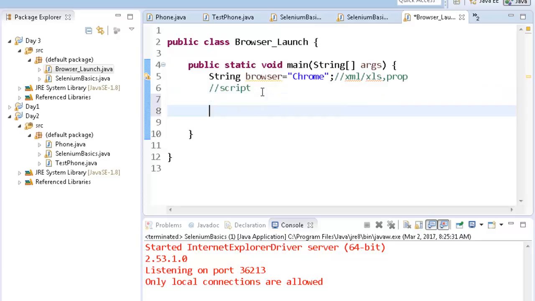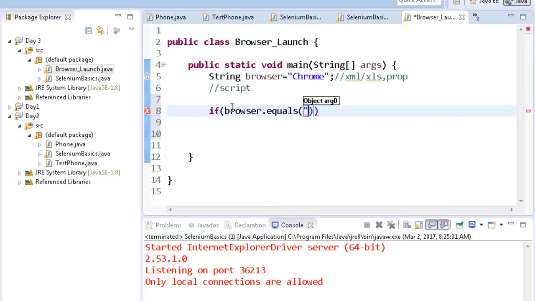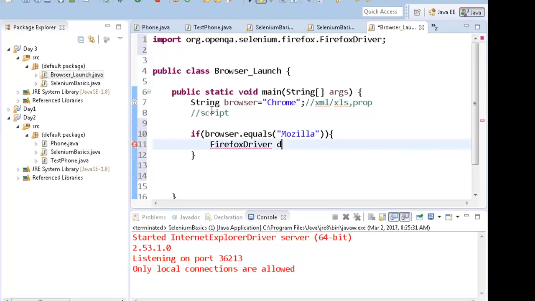Okay, so a general logic says that I can use if statement, right? I can write over here that if the browser is equal to Mozilla, then you will write Firefox driver.